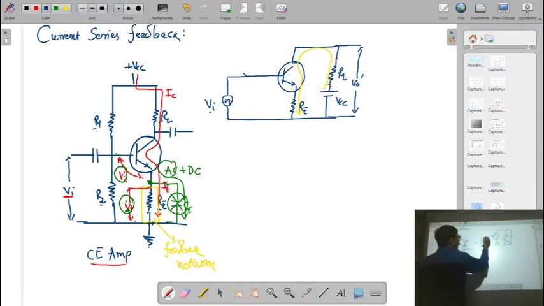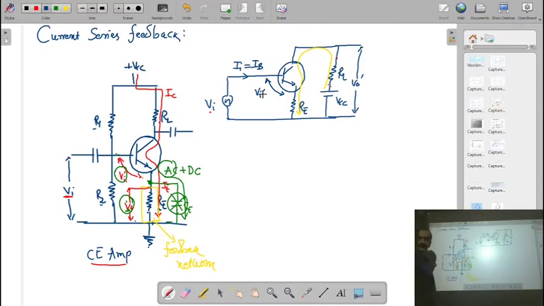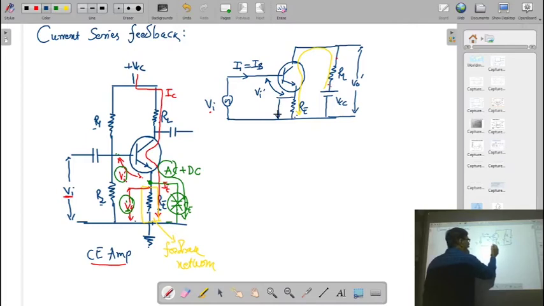Due to this input voltage, there will be a flow of current here, that we can say is the input current, or in our case, this input current is nothing but the base current IB. Then the voltage between the base and emitter is Vi dash. That is the input voltage for the internal amplifier. And whatever current is passing through the RE, that is my feedback network, and it produces this voltage. This voltage is my feedback voltage Vf. Correct? So here we have simplified this circuit.